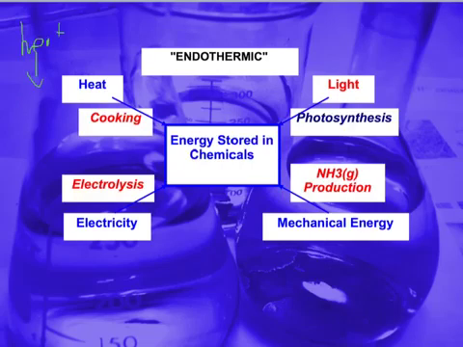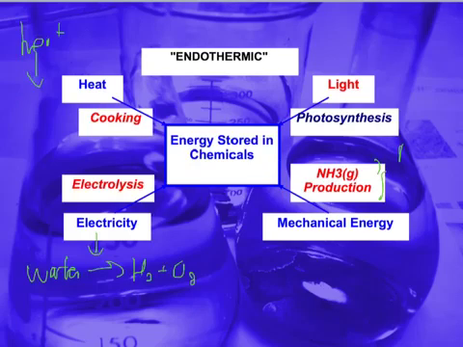In electrolysis, we convert water into hydrogen and oxygen gas, and we have to input electrical energy, so therefore it can be considered an endothermic reaction. In photosynthesis, the reactants absorb energy from the environment in the form of light, so therefore it's considered endothermic. And lastly, in generation of ammonia, a lot of electrical energy is required to convert nitrogen gas and hydrogen gas